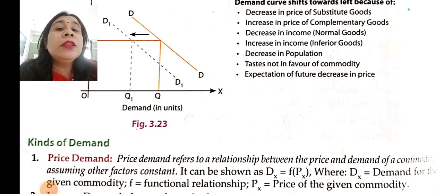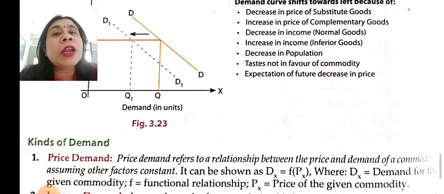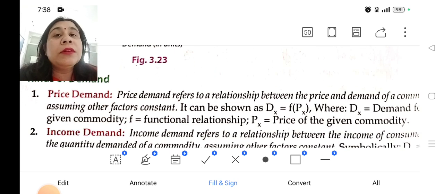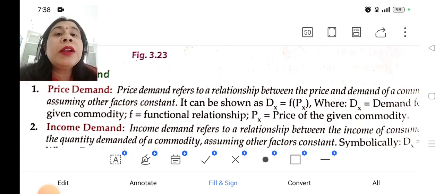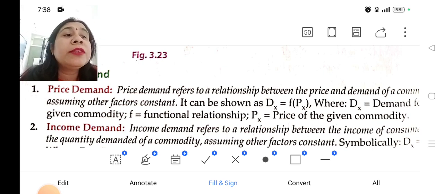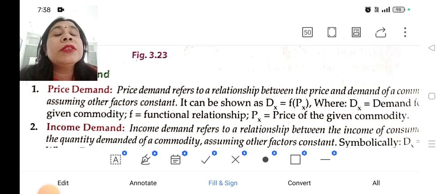So students, in this chapter now we are going to conclude. We learnt about the law of demand, we learnt about the shift of the demand curve, expansion and contraction of demand, and we learnt three kinds of demand. One is price demand, other is income demand, and third is the cross demand. Price demand is when we relate the price of a commodity with the demand. Price demand refers to the relationship between the price of a commodity and demand, assuming the other factors constant, and this is our law of demand which doesn't shift the demand curve but brings the expansion